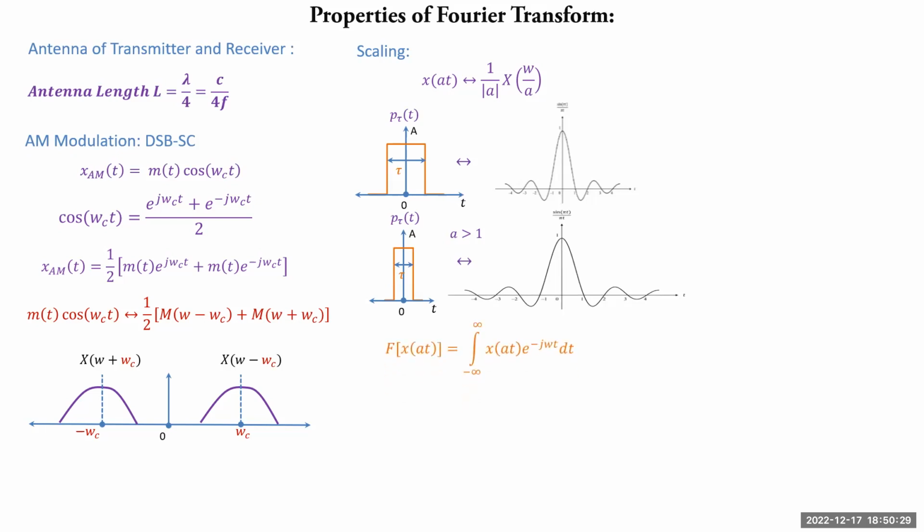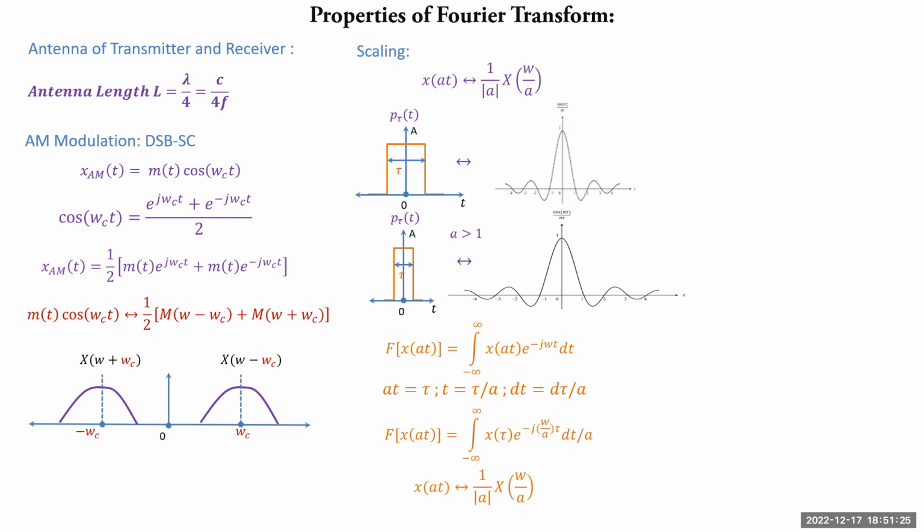The proof is pretty straightforward. So one can find out Fourier transform of x of at by substituting x of t is equal to x of at. Now here we can use a method of substitution where at is substituted as tau, and therefore t is equal to tau by a, and hence dt is equal to d tau by a, and the limits of integration will remain same. And therefore Fourier transform of x of at is equal to integration of x of tau into e raised to minus j omega by a tau dt by a,